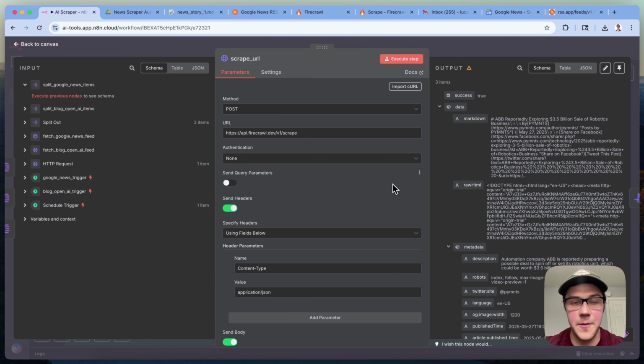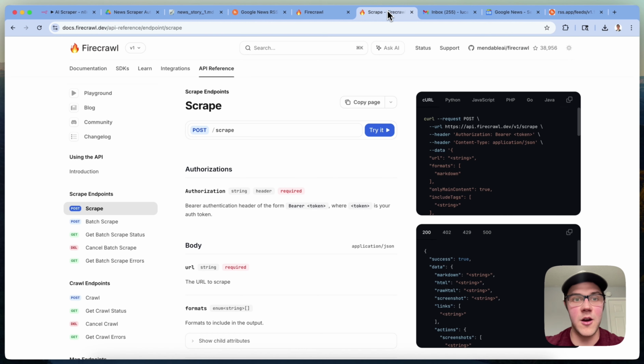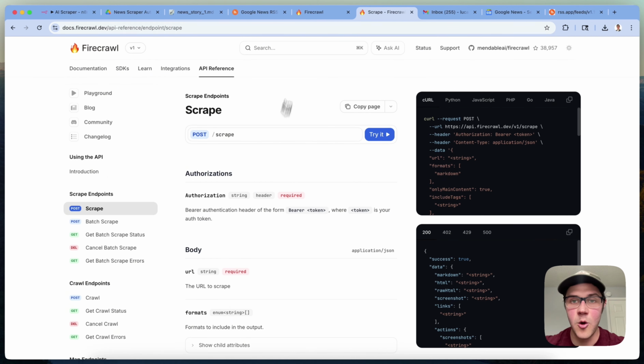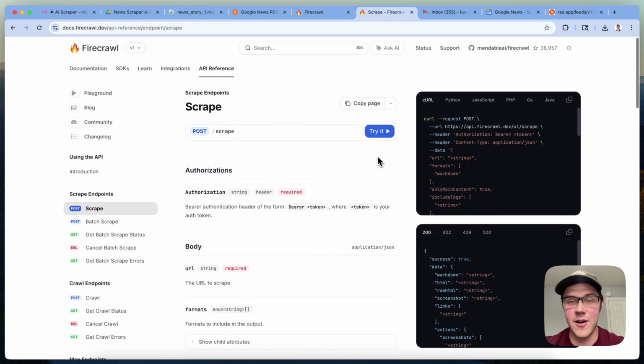that you're building with Firecrawl. So before we get started, the first place to always look for dealing with authentication or authorization is going to be on the documentation page of whatever API you're looking at. So if I go back to our scrape endpoint, we can see right away that they have this authorization section covered right here that gives us a little bit of a hint on how to set this up. So if I see this authorization, this is a string, it's a header, and it's required on all of our